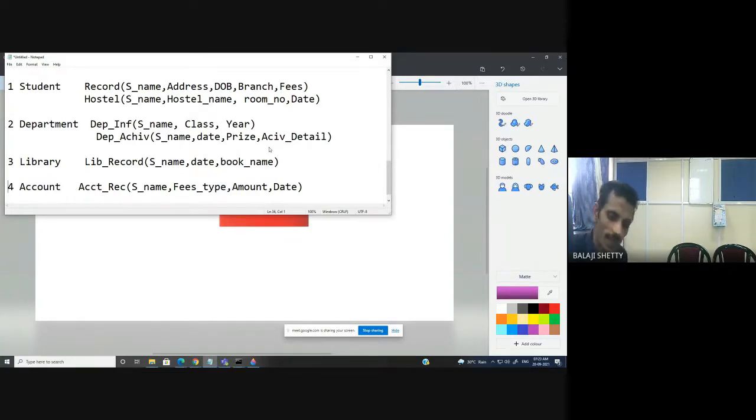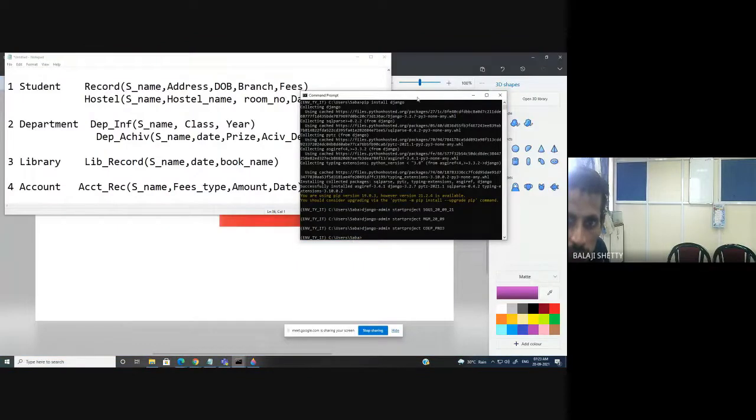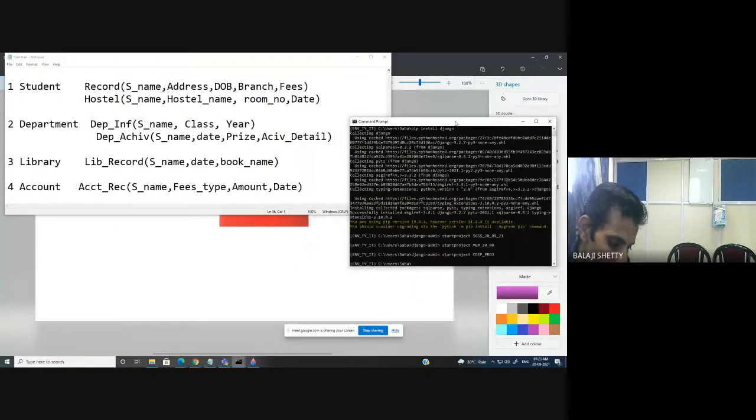So already in the last lecture, I have discussed how to create the project, how to create the app, how to open models.py, admin.py. So here I just revise in brief. Now I will create this project in front of you within 1 minute. So what is the command to create the app? Open your WhatsApp. I have already shared. Python manage.py startapp name. So Python manage.py.